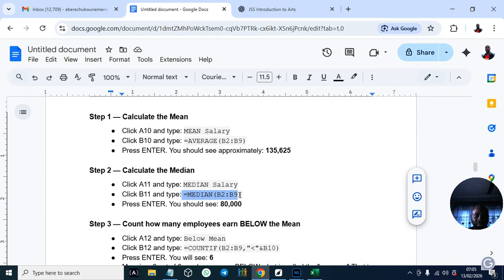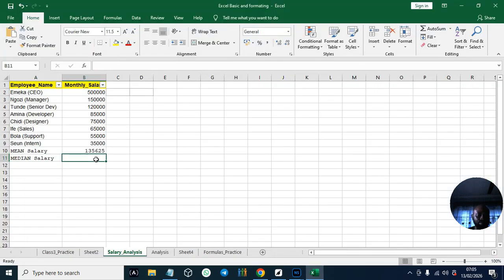We put in the median formula. I have simplified everything for you. So if you are copying this and there is a space, you want to close it, you see.